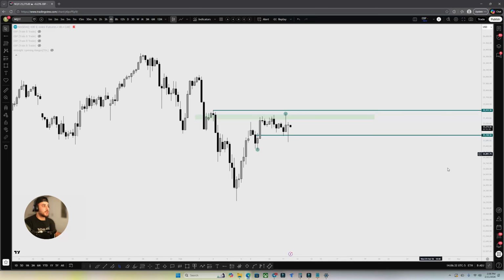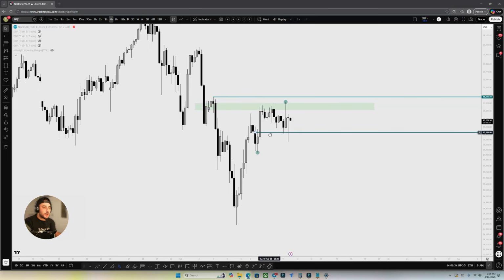We're pretty much banging around in here. So now the market is stuck in between a resistance and support. And this is how you know that we might just bang around. Typically, whenever you have candle closures like this, where the market pins a high and then we go back into the range, this is not ideal price action.